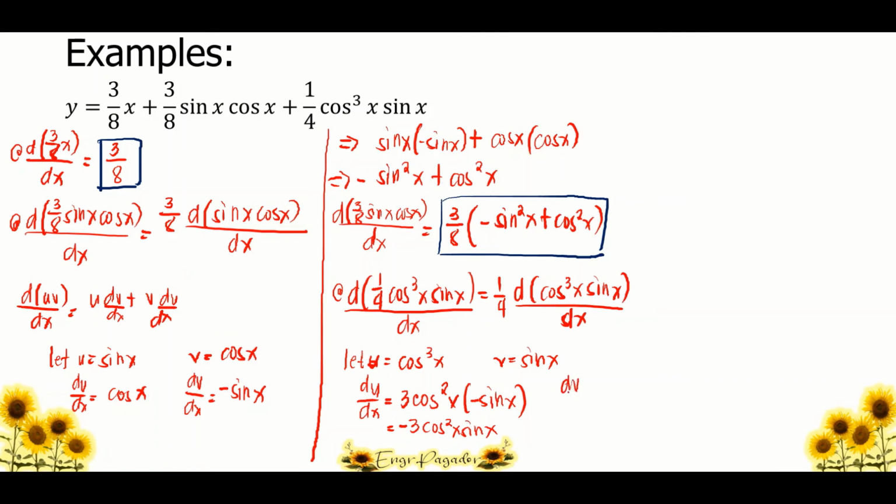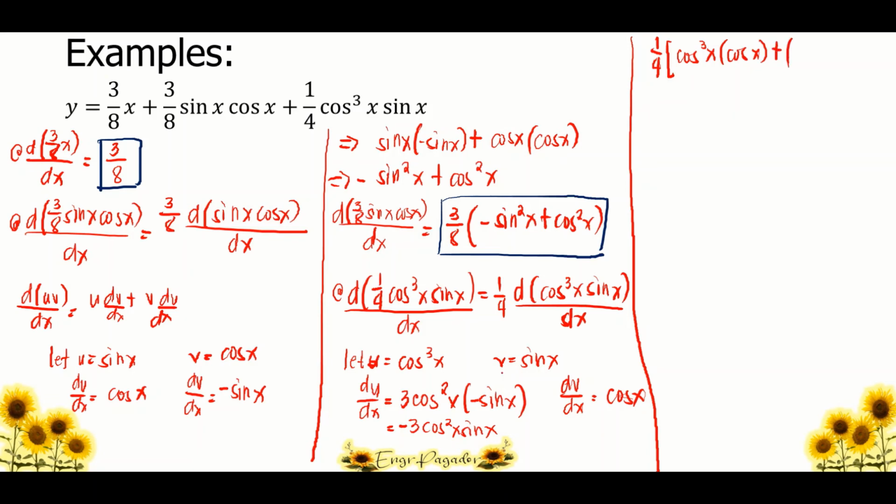Now, what is dv over dx? As computed earlier, the derivative of sine x will be equal to cosine x. So, we now have these values to substitute into our product rule formula. So, this will be equal to 1/4 multiplied by our u, that is cosine cubed x, and then our dv over dx is cosine x,